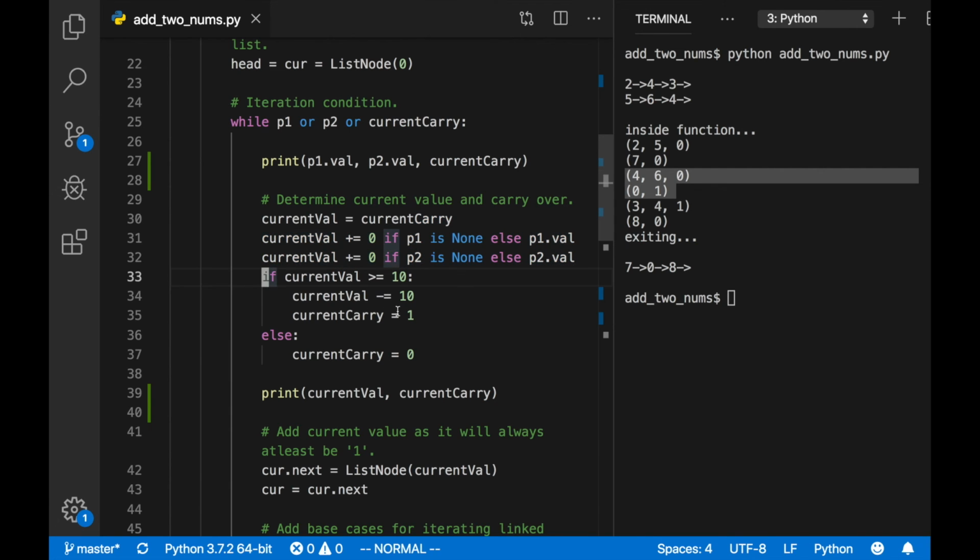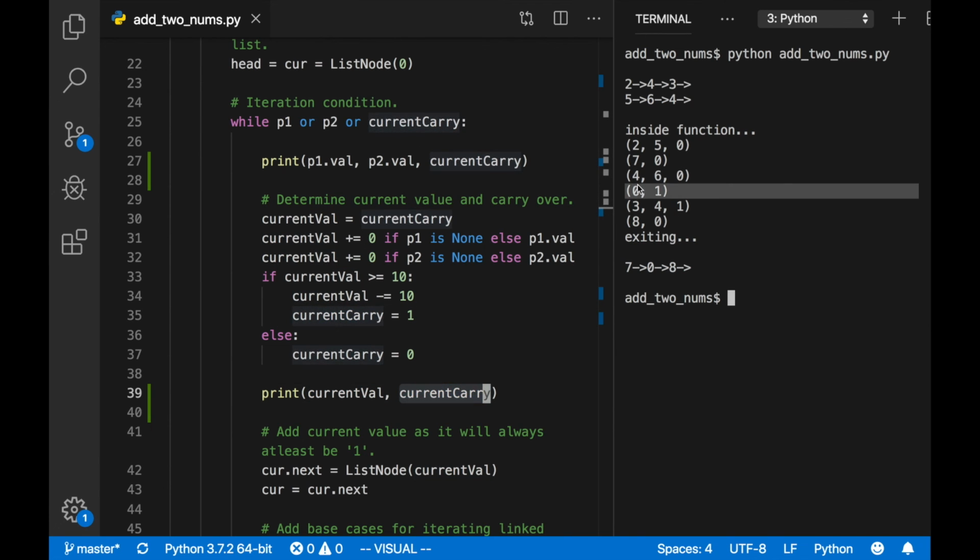And because it's 10, we want to subtract the current value by 10. So we're going to get 0 for the current value, and the current carry is going to be 1. So that's what's displayed here. And that 0 is inserted into the linked list here, and that 1 is carried over to the next loop, right? So to the next loop, now we have 3